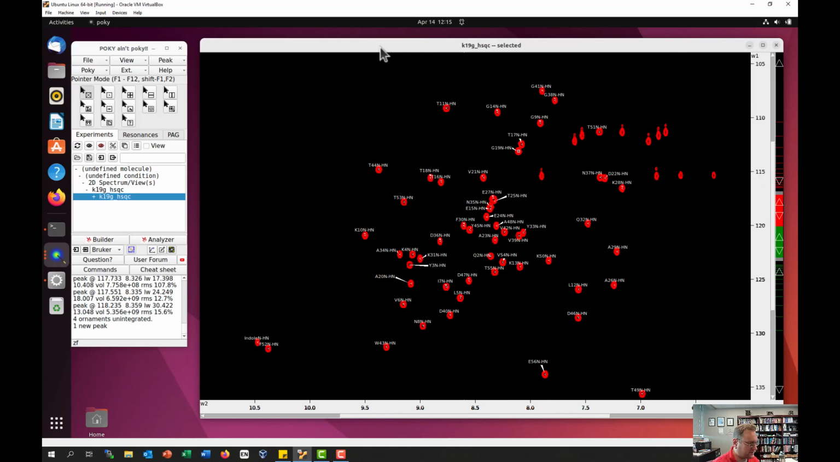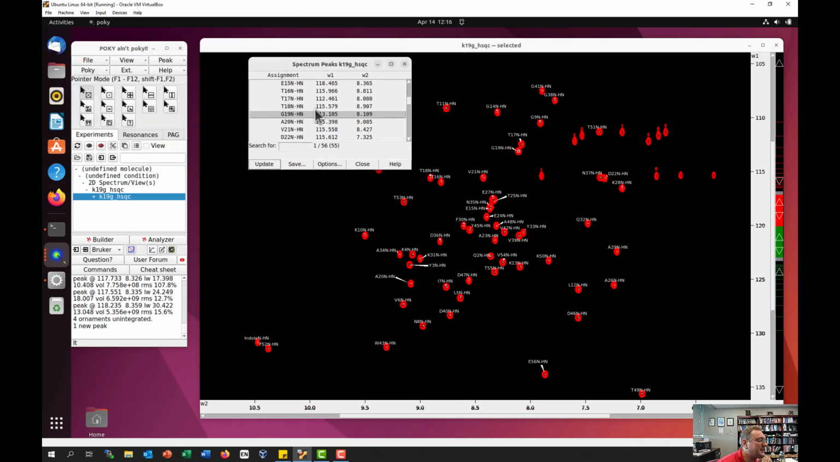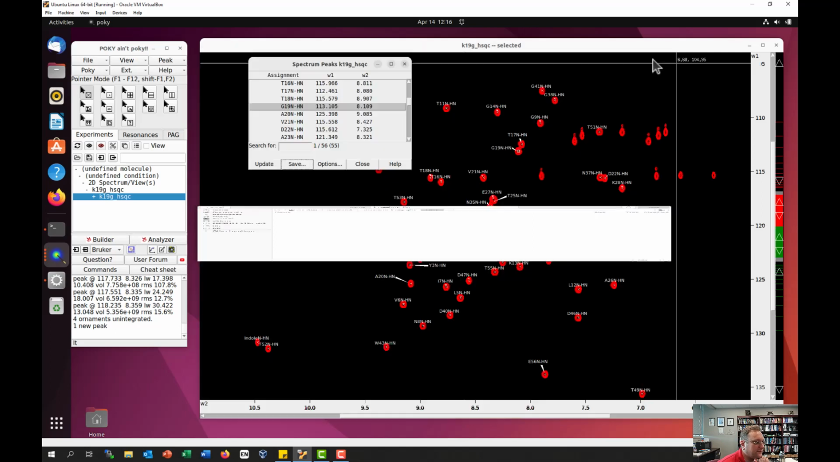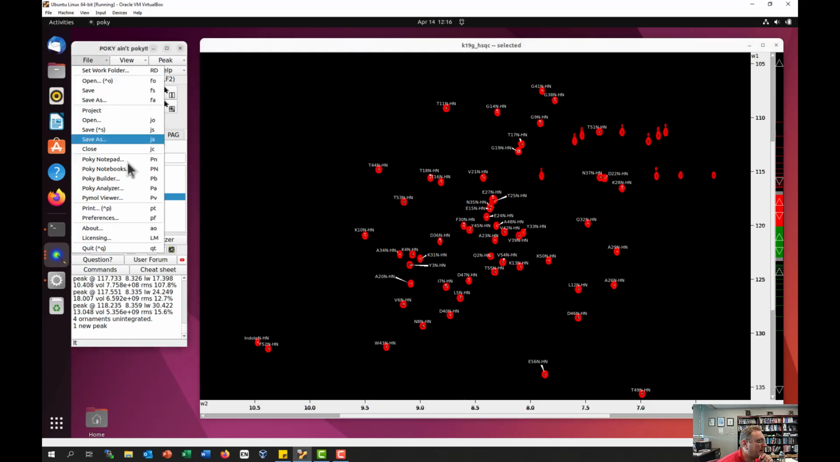One final thing just to put us back where we started. If I type lowercase l, lowercase t, and hit update, it brings in all of the assignments. And now I can save those assignments. It should end up being in my list directory. And so if I hit save, now I have a text file that I can read into other spectra. And then if I save my project,